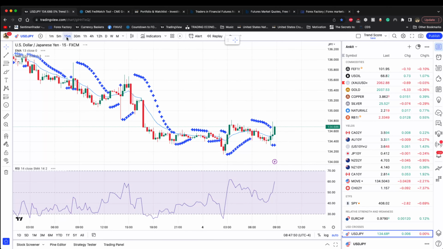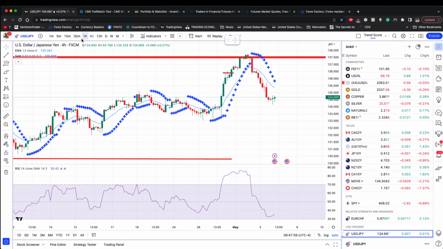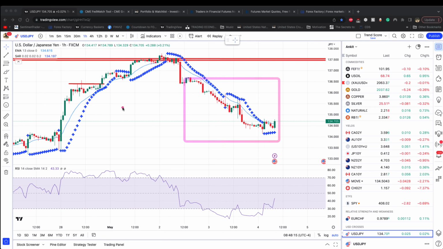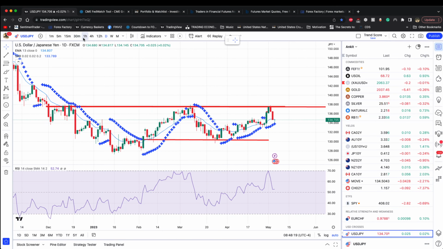You can absolutely trade with the overall longer term outlook, but then you need your shorter term to turn around as well. For example, if I want to buy dollar yen, I want to see dollar yen start to rise up. That would support my outlook. But right now in the shorter term, I'm not seeing that reversal taking place. Longer term is telling me that we could reverse from here, but shorter term is telling me we're not.